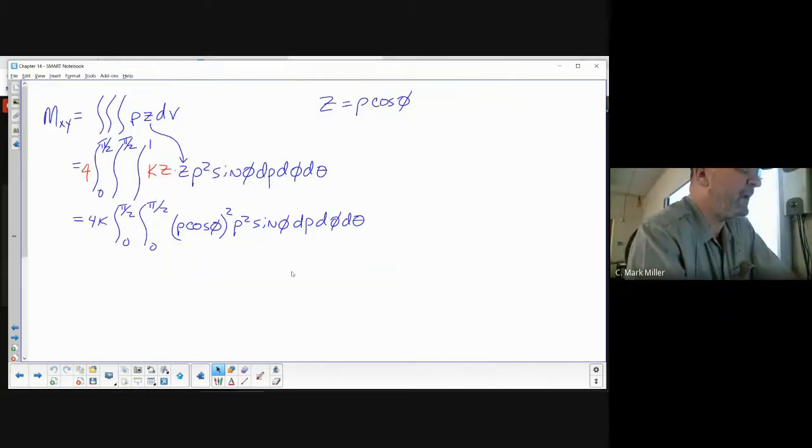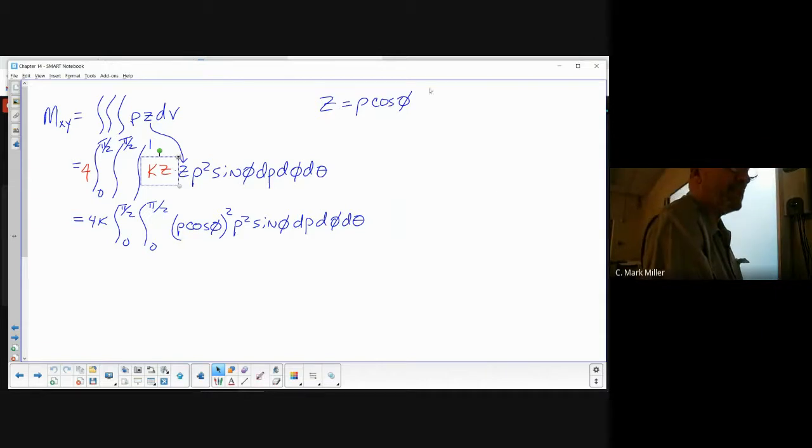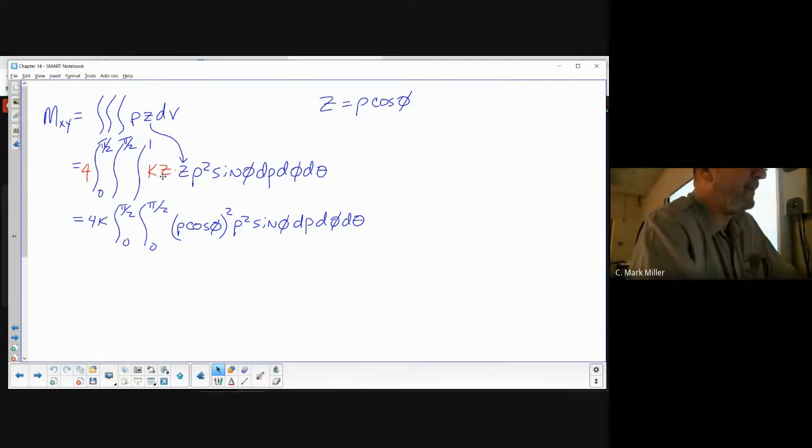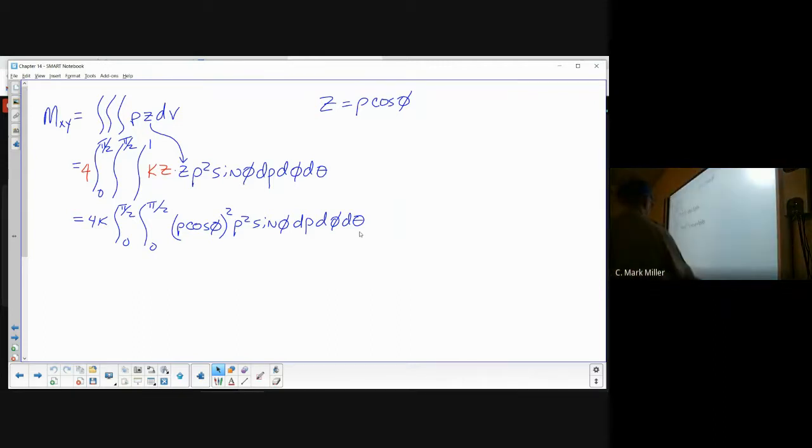And here we are integrating our rho. Our rho is kz. And there's another z here. Well, we got to get rid of z's. And z is rho cosine phi. So this z squared, z times z, is this z squared. And the k we put outside. And we were going to integrate this with respect to rho. All right. And so where we pick up is